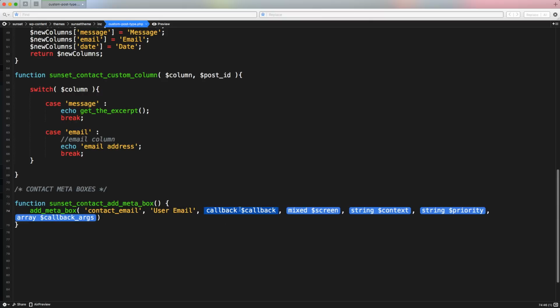The callback function is also really important, because without the callback function we cannot generate any code. We cannot put any HTML. So the callback function has to be a unique callback function. And in this case, it's sunset_contact_email. The screen option gives us the ability to print a meta box